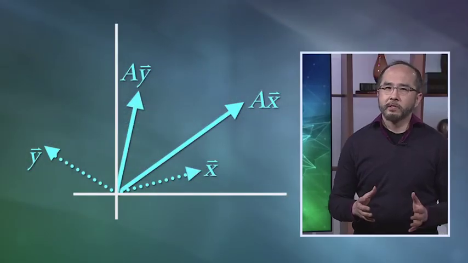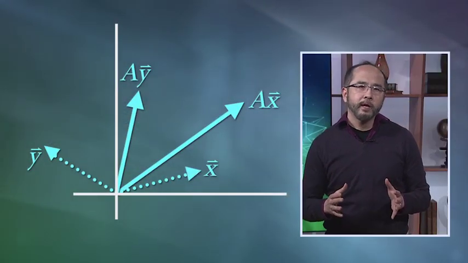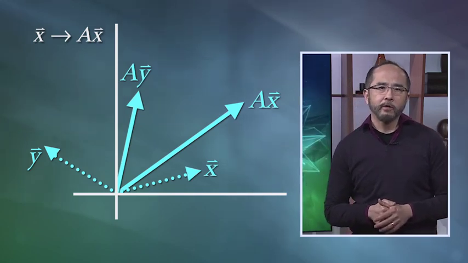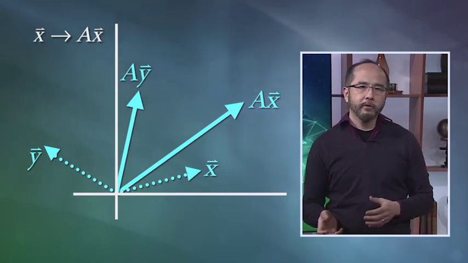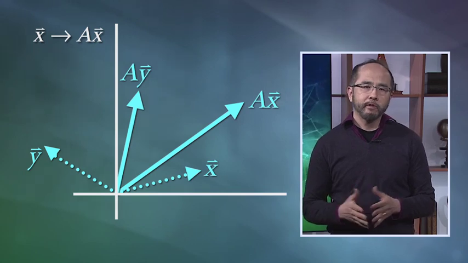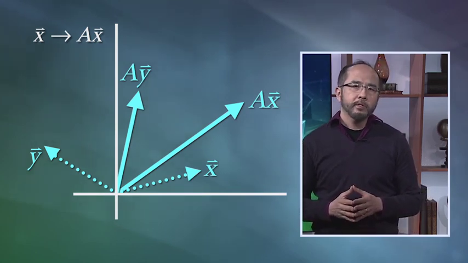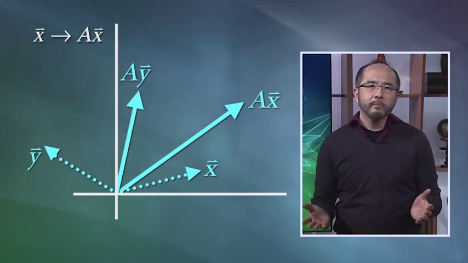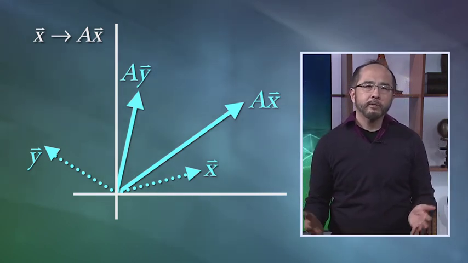Now, taking a matrix A to a very large power could involve lots of calculations, but there may be some situations where the calculations simplify greatly. The best way to see this is to think about the associated function that takes a vector x to A times a vector x. Recall, this is a linear transformation which sends 0 to 0, but generally moves vectors around. So x and y go to Ax and Ay,